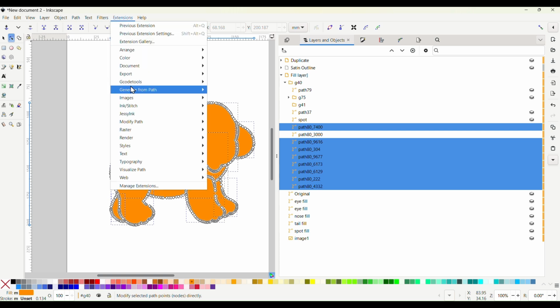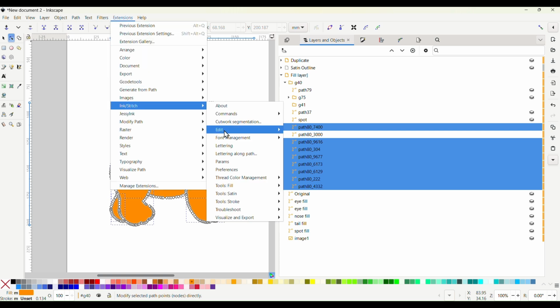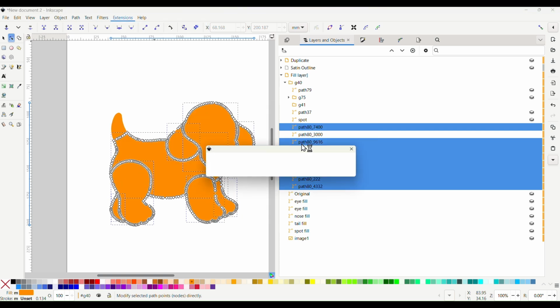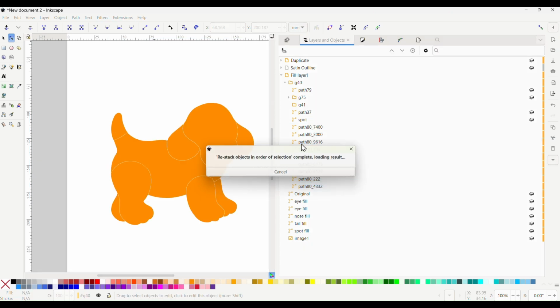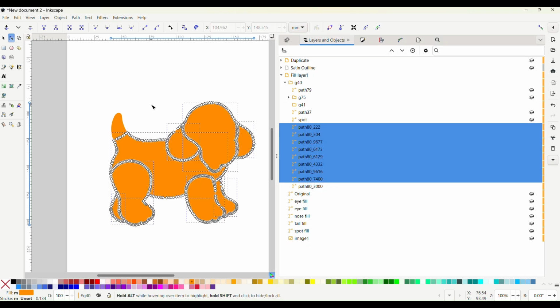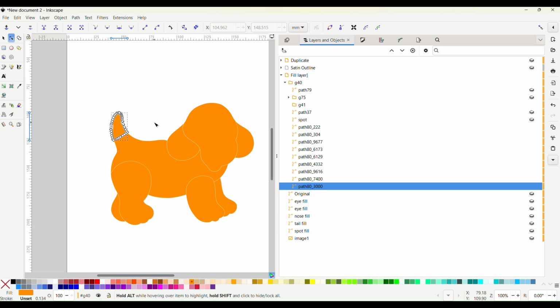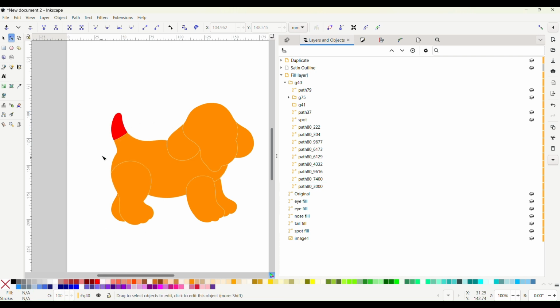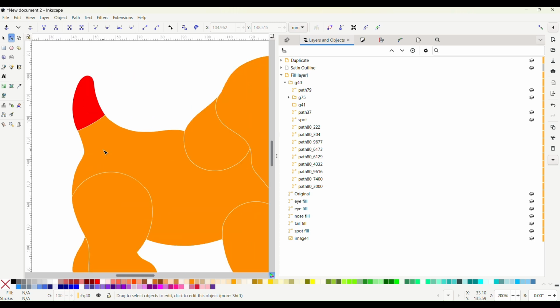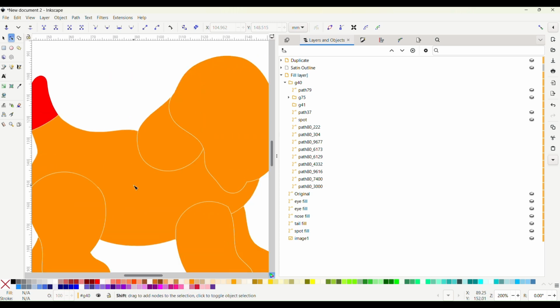I'm going to go Extension, Inkstitch, Edit, Restack Objects. And so the only one left is the tail, but that is going to be a different fill color. Okay, so now